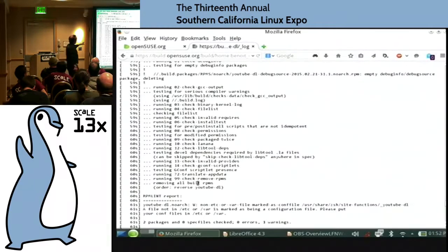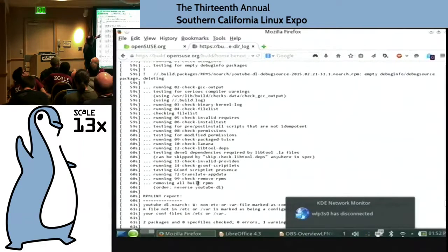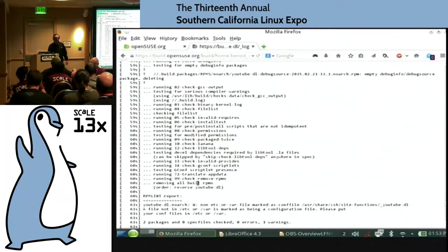As I said before, it checks permissions. It checks for invalid requires, so you don't pull stuff in you don't need. All things like that. I might have missed it, but how do you differentiate the architecture for a build? So, x86 works and x86 fails, or... That's pretty simple. Is it all the same long log file, or do you have...